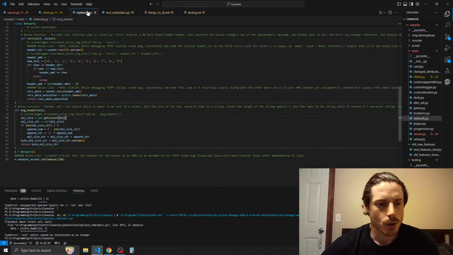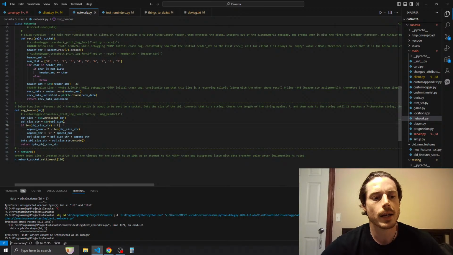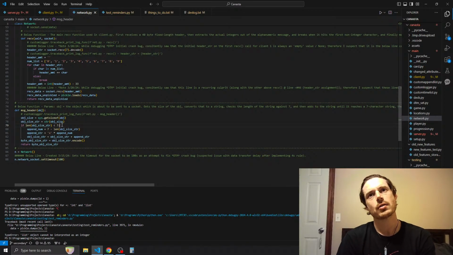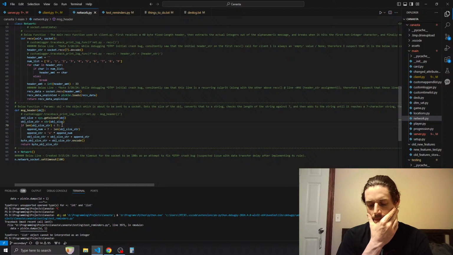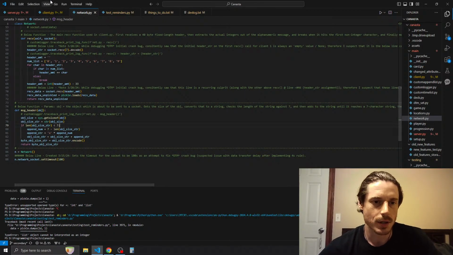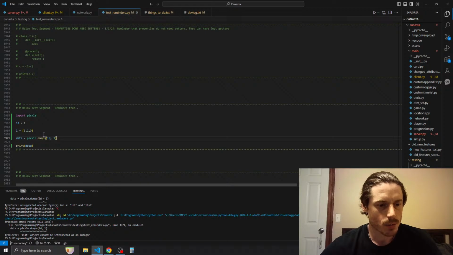I already have some code implemented right here for message header, where basically I forgot how many bytes sending just an integer is, and then the fact that it's contained within a tuple. I don't know the specifics of that, so I have to test it. So what we did here is